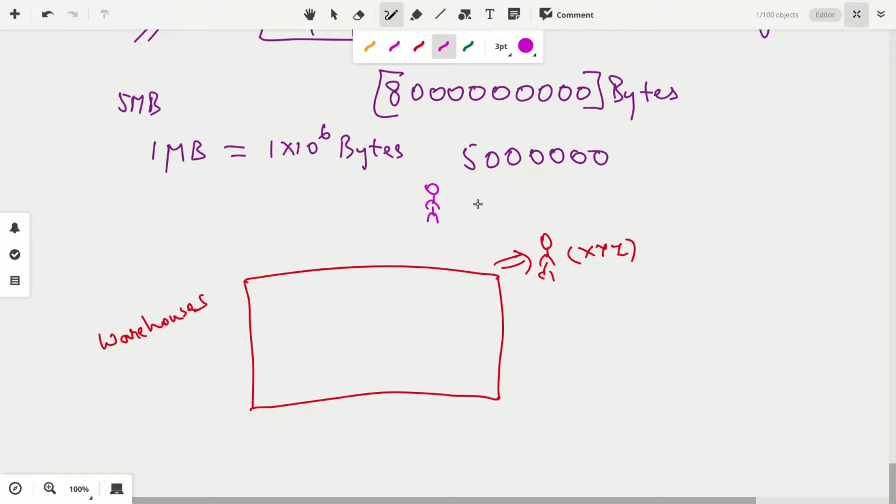One more thing: this warehouse has many small boxes, hundreds and thousands of small boxes or small lockers in it, and they are identical in each way. These boxes, which are empty, are identical in every respect. Even the colors, the size, the dimensions, the shapes of all the boxes are the same.